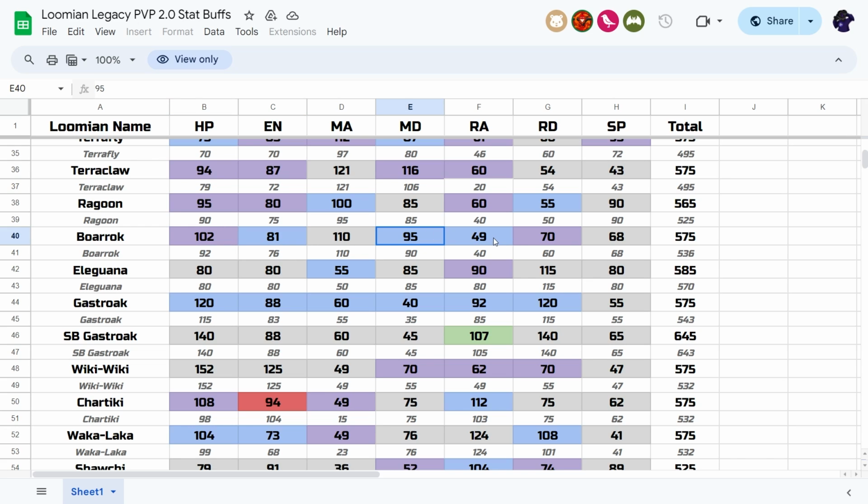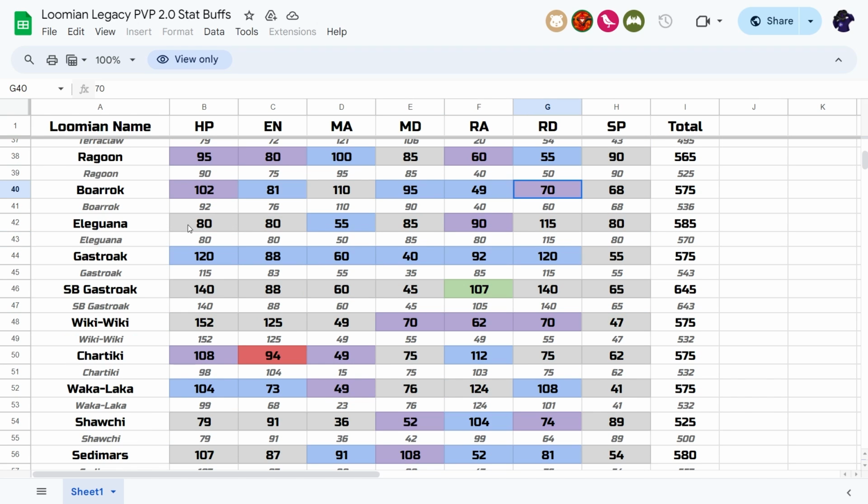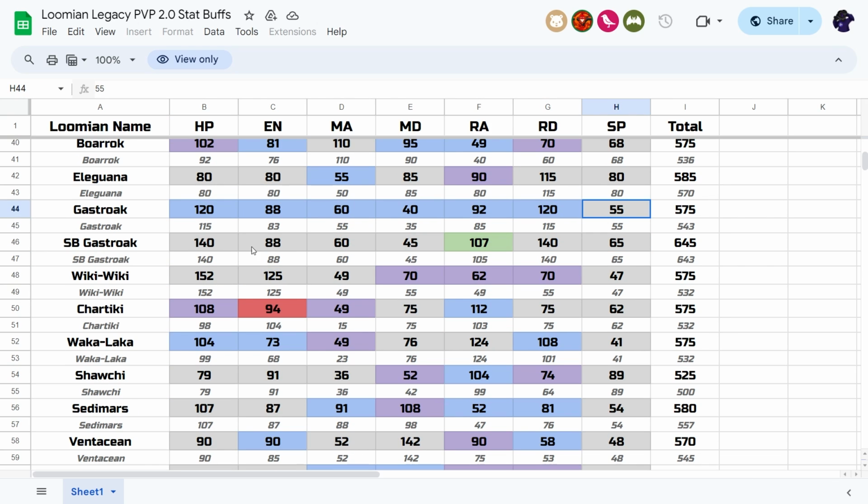5 more melee defense, and 9 more range attack, 10 more range defense. As you can see, Iliguana only got a few stat bonuses, only 5 more and then 10 more for melee and range attack. Gasstroke here actually did gain quite a lot for its base stats. As for Soulburst Gasstroke, it only gained 2 more range attack, which I find quite funny